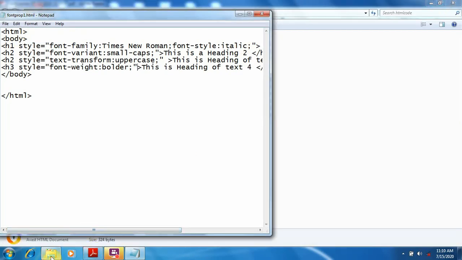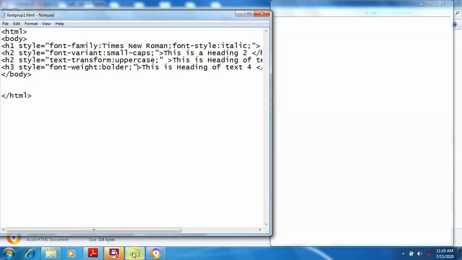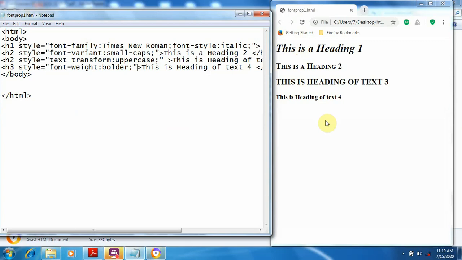Let's run. This is font properties 1. I am running this. See, first heading is in Times New Roman, okay, and style is italic, okay, and see the second heading, font variant.